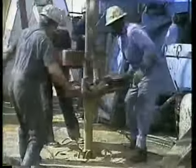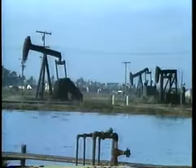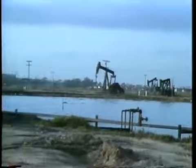86% of the energy used in California comes from oil and gas. Drilling for oil in the state began around 1861. Today, about 132